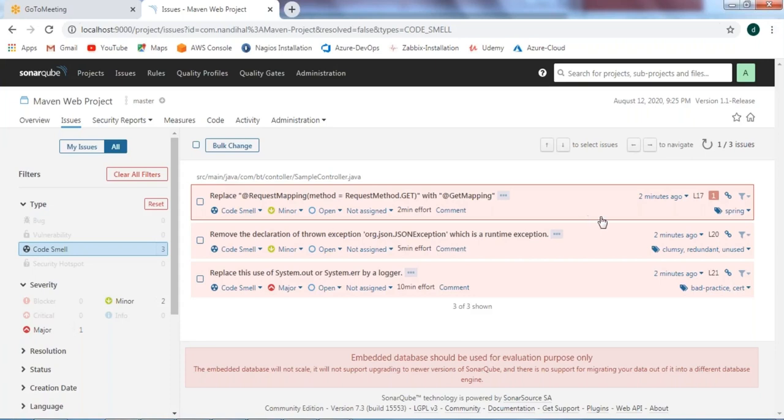We can see in line number 17, it says to replace @RequestMapping(method = RequestMethod.GET) with @GetMapping. The developer will know this, we need not worry; I am just saying it from an information perspective. In the second one, they say to remove the declaration of the thrown exception,